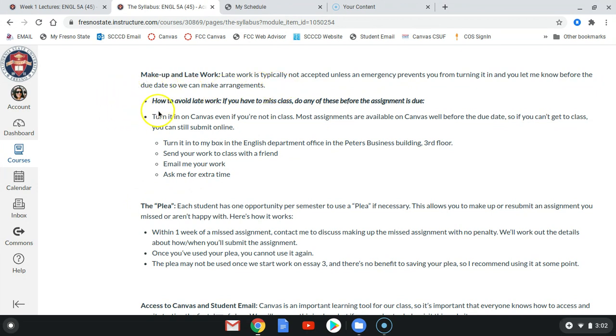There are lots of ways to avoid late work if you have to miss class. You can turn things in early. These are options you would have if we were in person, but we are not. You can turn things in early. You can email me your work if you absolutely need to, but try not to have that happen because work